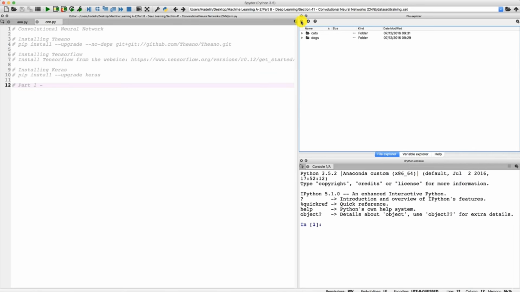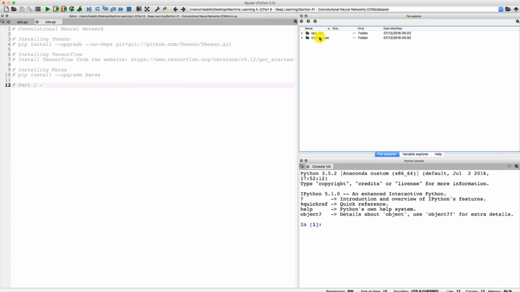Well, it's going to be kind of the same as the business problem we had in the previous section, because remember in the previous section we had 10,000 observations corresponding to 10,000 customers of a bank, and remember in the data preprocessing part we divided these 10,000 customers into the training set and the test set, and the training set contained 8,000 customers and the test set contained 2,000 customers. Well, here it's exactly the same for our cats and dogs images. We have 10,000 images in total. Then I put 8,000 images of dogs and cats in the training set